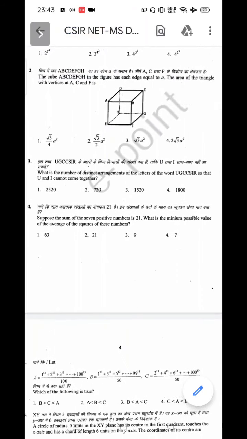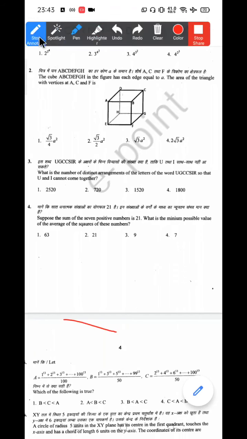Suppose the sum of 7 positive numbers is 21. So we are having 7 positive numbers, that is 0. So what is the minimum possible value of the average of squares of these numbers? Average minimum value, average of squares of these numbers. Yeah, that is 1 square plus 2 square, 0 square, starting from up to 6 square, and the average is divided by 7. So we know that